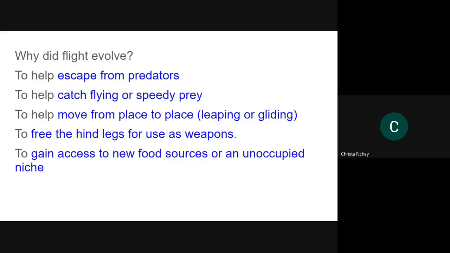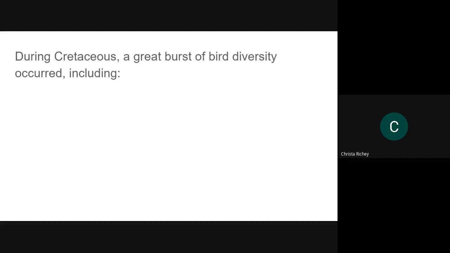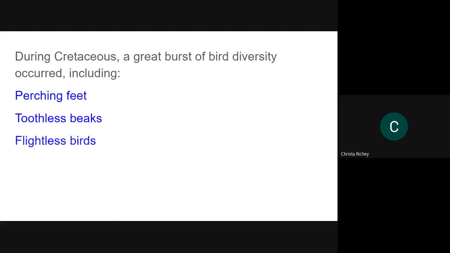So most of what we focused on has been earlier in the Mesozoic, more the Triassic and the very early Jurassic. In the Cretaceous, the one that had the Triceratops, the one that had T-Rex, only specific organisms were alive at specific times. The Cretaceous saw a huge development for avian adaptation. If this didn't happen, then we wouldn't have our modern dinosaurs, which are our birds. That's what they are. Perching feet, so not just walking, but the gripping onto a stick kind of foot, evolved in the Cretaceous.